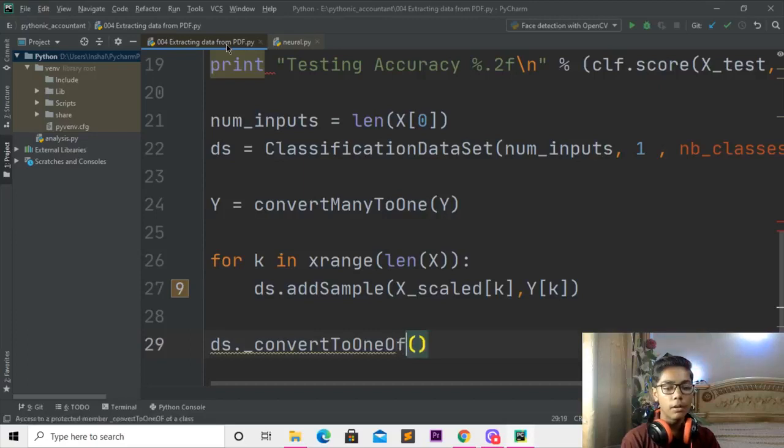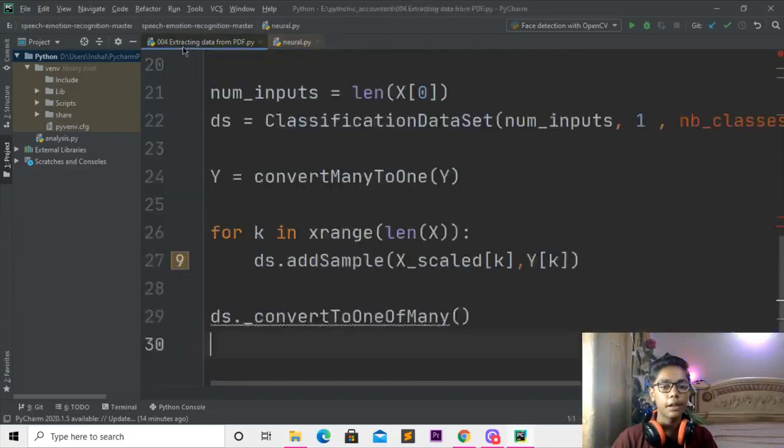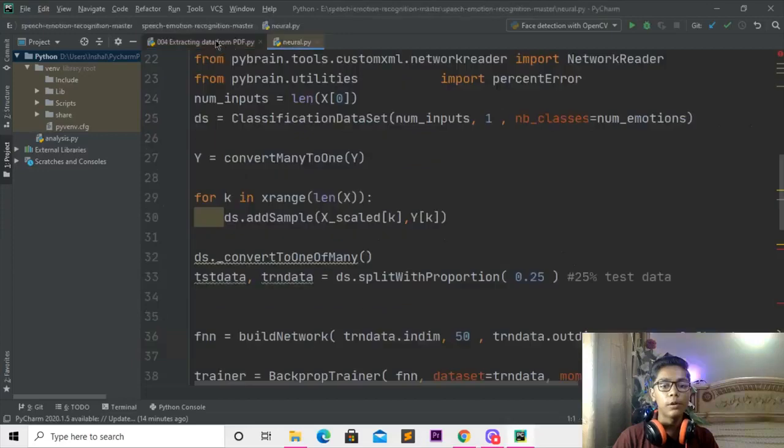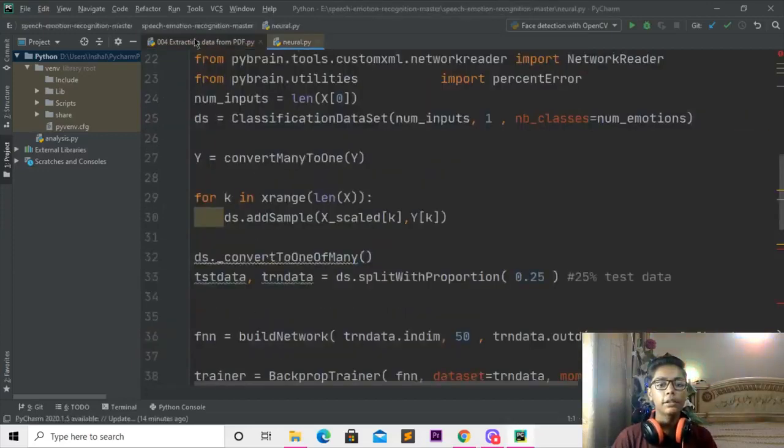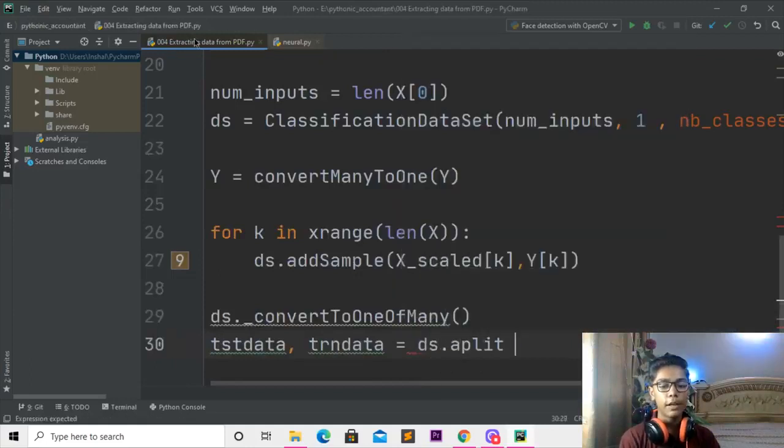of many. So when you're done with that, there we have to write a tag, just come here again, then write tst data comma, then moving forward writing tr and data equal. Then I'll be coming here writing ds dot split. So I'll be writing that, and then writing that to like with